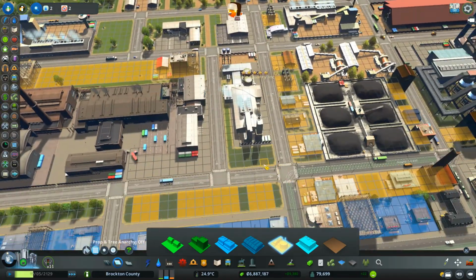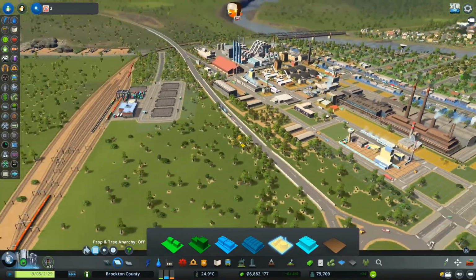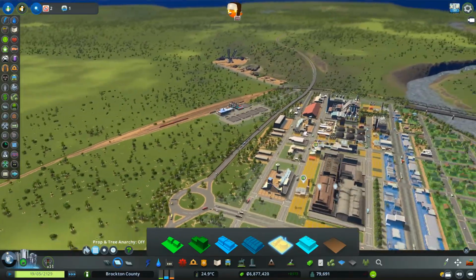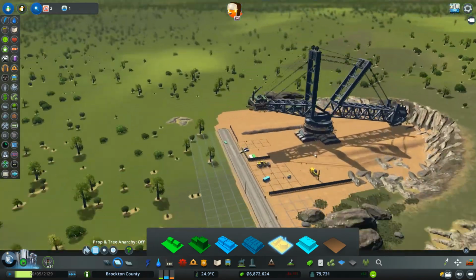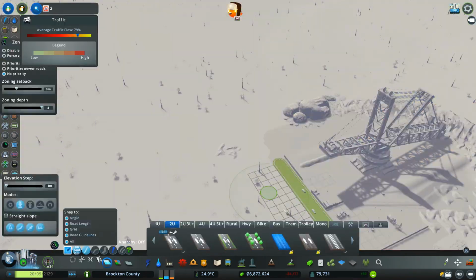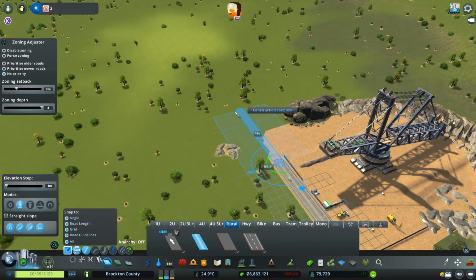Yeah, I think this will do good. Okay, so tons of new industry out this way, so that'll also help import people. Okay, so right about here we'll transition into a rural dirt road,